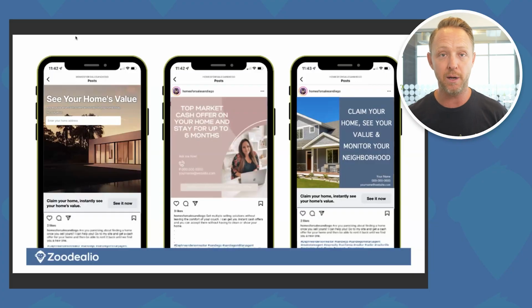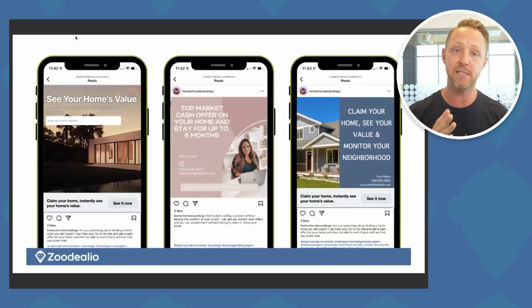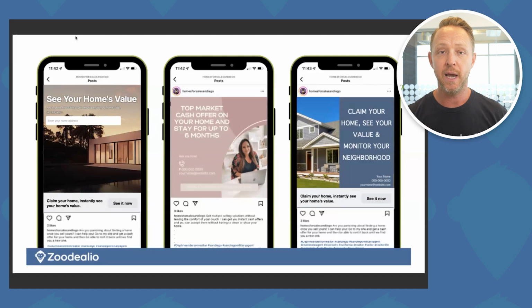The second part on this is where maybe you have some type of value proposition like, hey, see what cash buyers would pay for your house. Even though you're pulling them in, you maybe want to run that to a lead form. The reason why I like the lead forms is because Facebook auto fills that out for them based on their registered email address and criteria that's in Facebook. And those leads come to you right away. And then of course you can manually enter them in as well. And those tend to perform better for Facebook because they never leave Facebook. That's the other beauty about all of that.